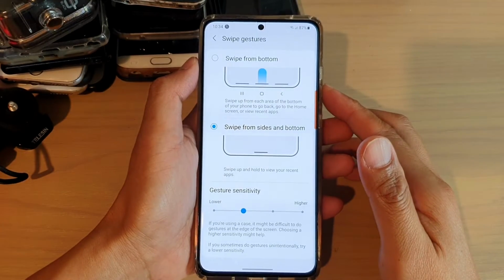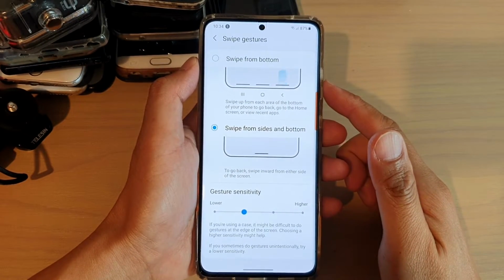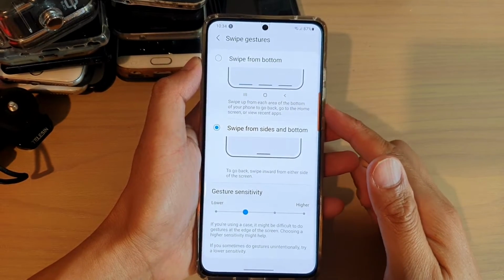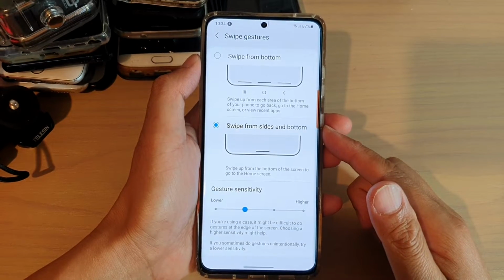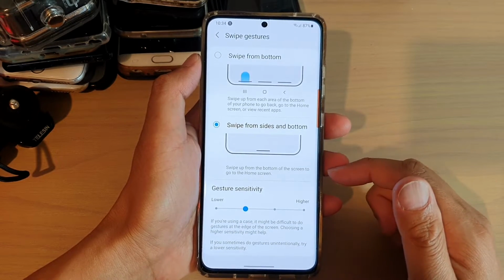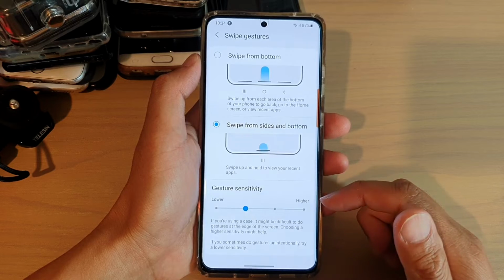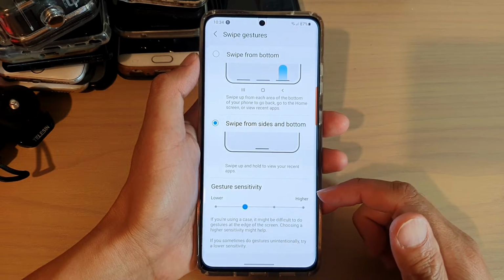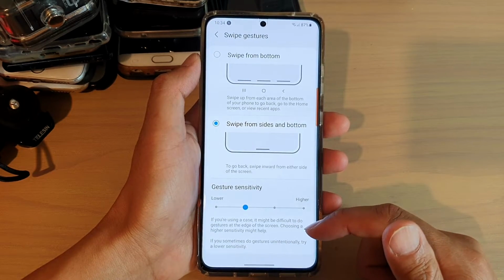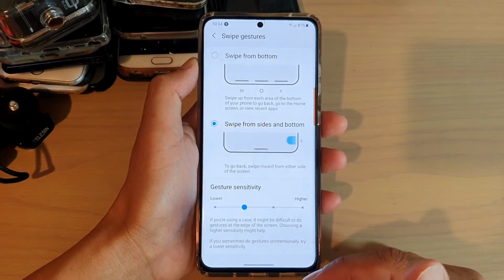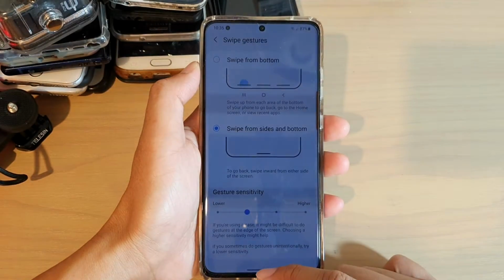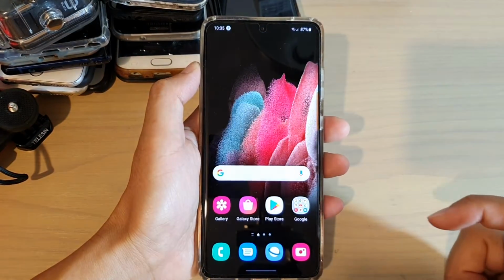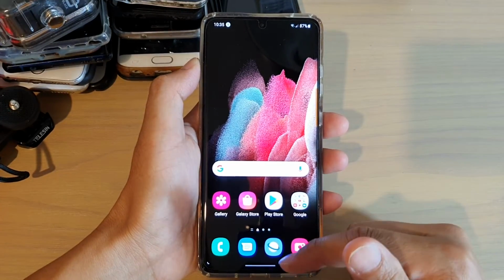Hi, in this video we're going to take a look at how you can increase or decrease the navigation bar swipe gestures sensitivity to lower or higher the sensitivity when you are using your phone with a case on the Samsung Galaxy S21 series. Now first, let's go back to your home screen by tapping on the home key or